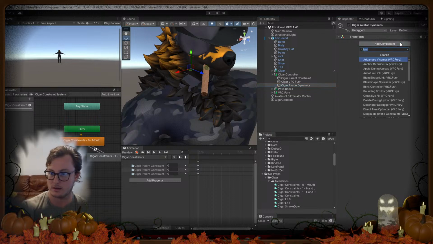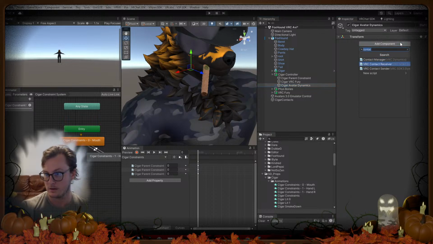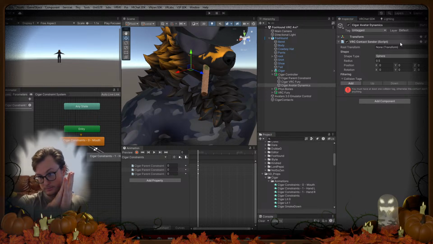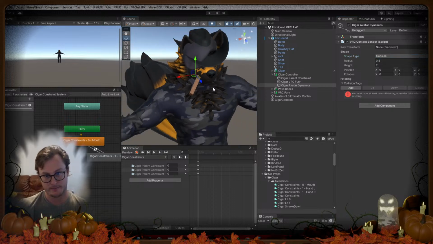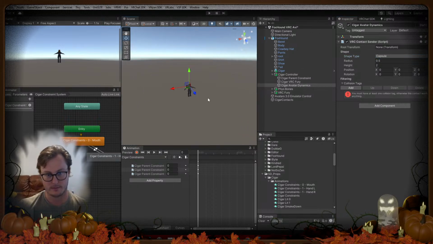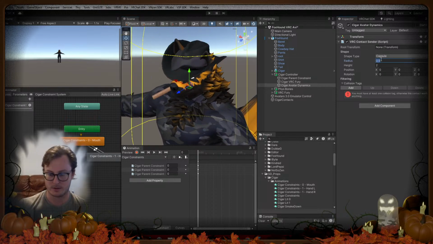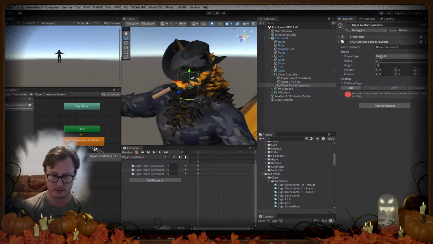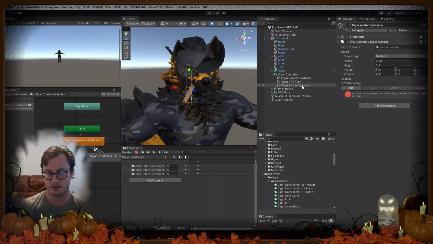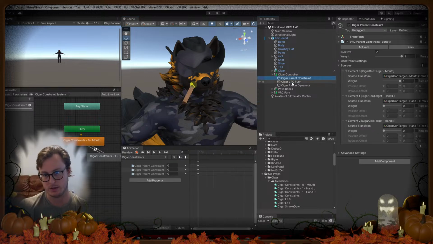This should be sender. So we'll say radius 1, 3, still large, 5. We actually already have a very good position for this one, which is